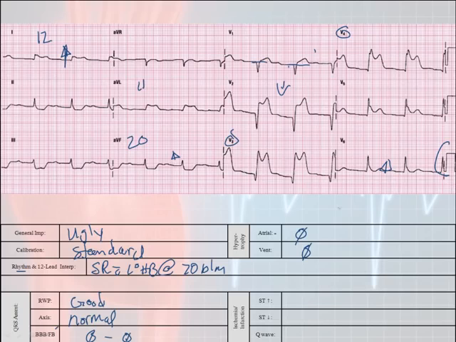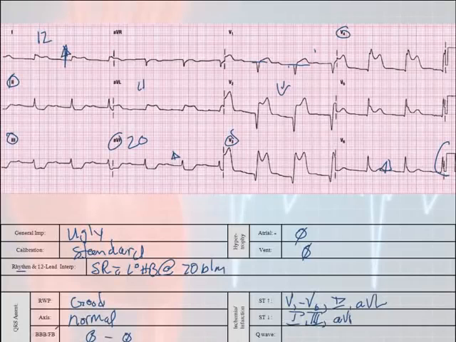So I'm going to say that this person has ST segment elevation V1 through V6, and it looks like 1 and AVL as well. Where do I have ST segment depression? If you look over here in 2, 3, and AVF, there is all kinds of ST segment depression over there. So I'm going to say this person has ST segment depression in 2,